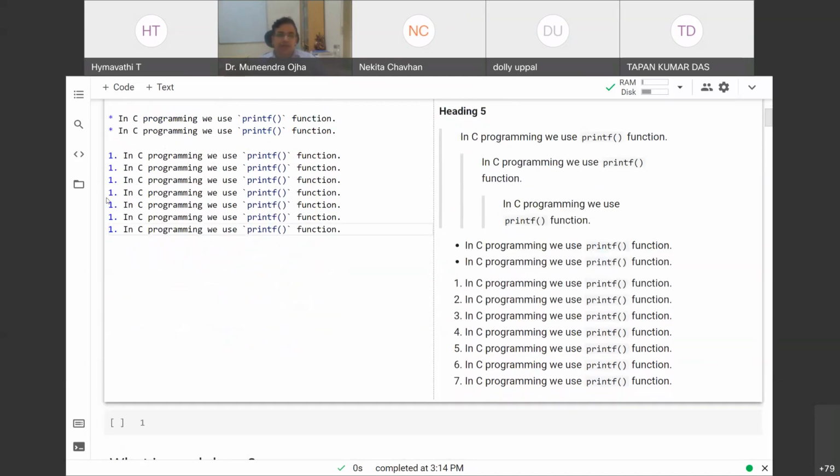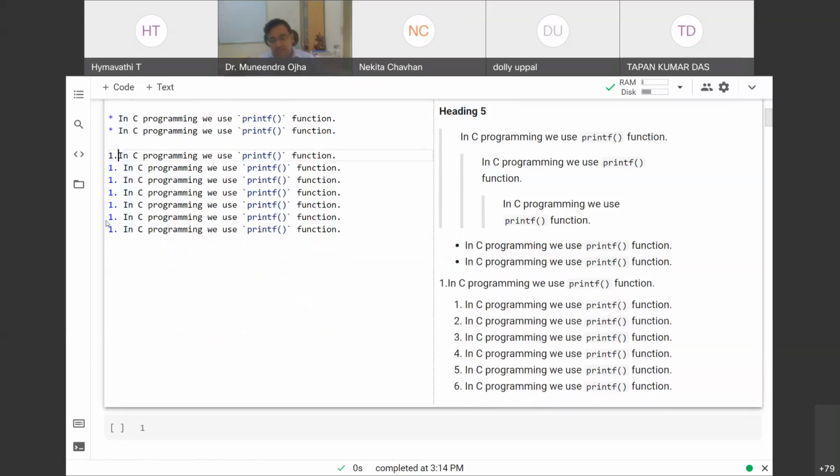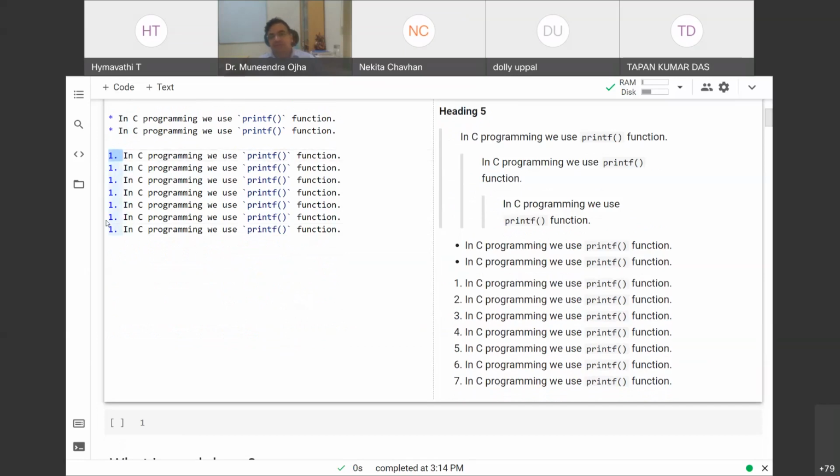The idea is to have this format: one dot and then a space. So this space is also important. These three characters constitute the reserved text which identifies it to be an ordered list. So this way we can create ordered lists.